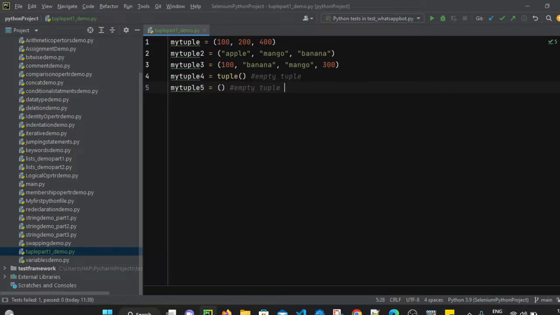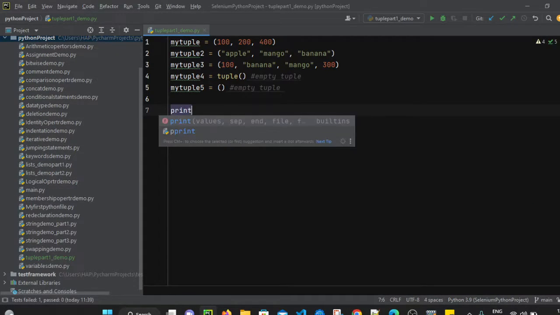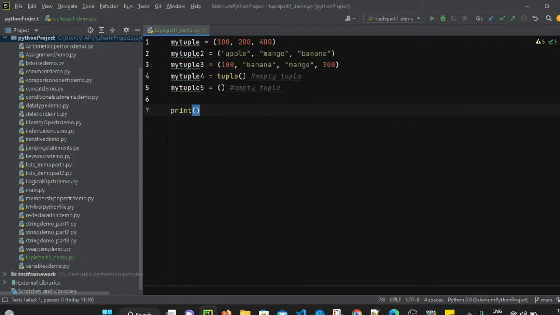So now let's print these values. I'm just going to run this file. When we execute this file, we haven't used a print statement, that's why output is not displaying on console. So we can simply use print, and let's print all the tuple values.